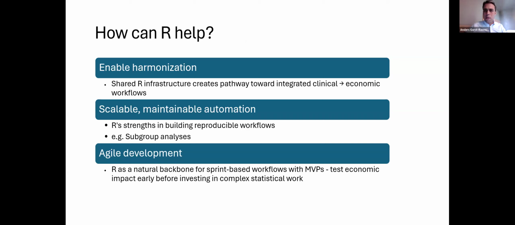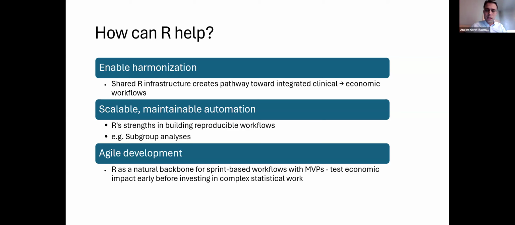For example, I'm very happy that my team is sitting closer to the development side of the organization, because it means that we have a lot easier access to data. We have a lot easier alignment with the regulatory side of things. So I think it's very much about thinking more in terms of platforms. What key aspects can we align so that we can make the handover much easier? And then, sticking a little bit with my last point below, I think R is a much more natural kind of backbone for taking more of a software engineering type mindset